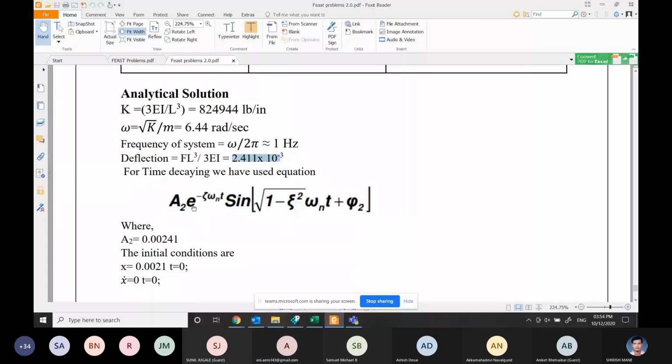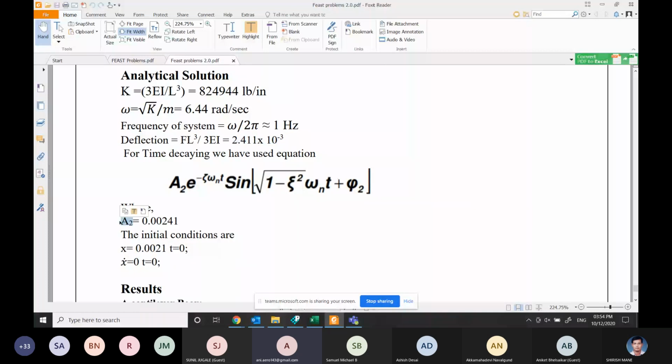Now, you can give the boundary conditions where A2 is nothing but the static deflection, and the static deflection can be calculated by using the static deflection formula, which we already know. That is nothing but PL cube over 3EI. So based on this, we can find out the static deflection in the cantilever beam. Also, the boundary conditions can be added.